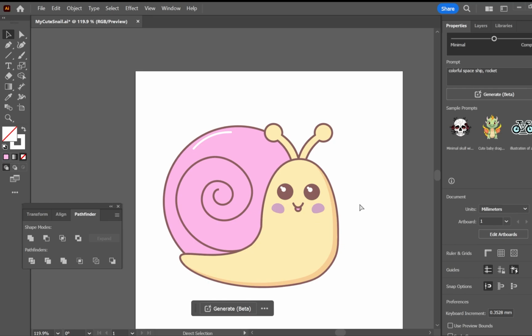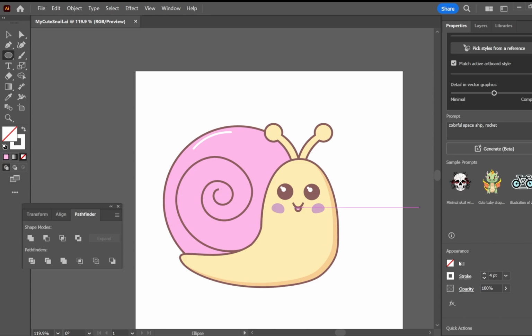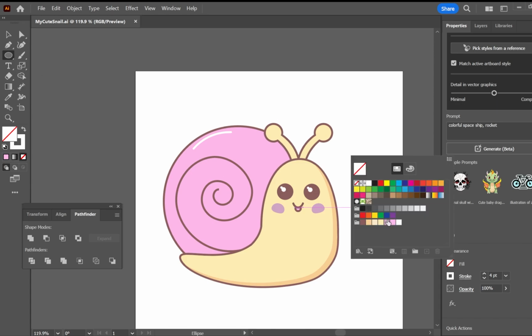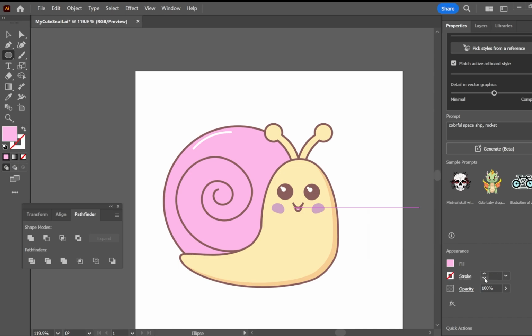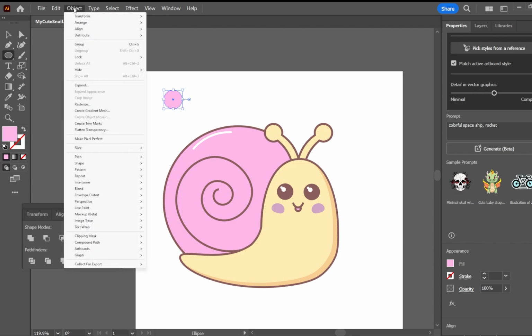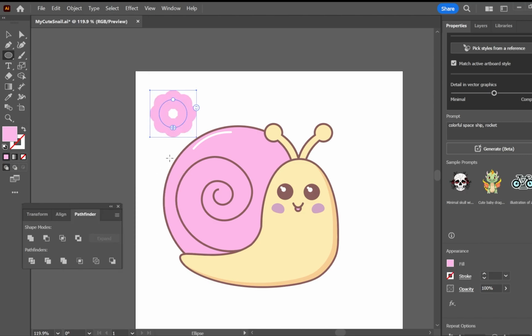You can choose any accessory that you like, but I like my flower. So I'm going to go with the ellipse tool, and I'm going to fill it with my pink colour. No stroke for the moment. Draw a perfect circle holding down Shift. And then we can use Illustrator to go to Object, Repeat, Radial, and you can adjust it as you need to.